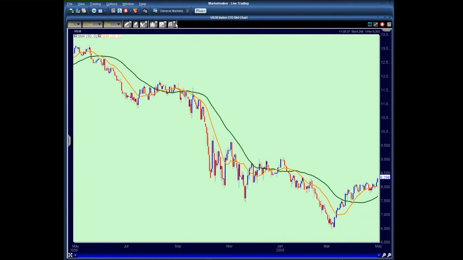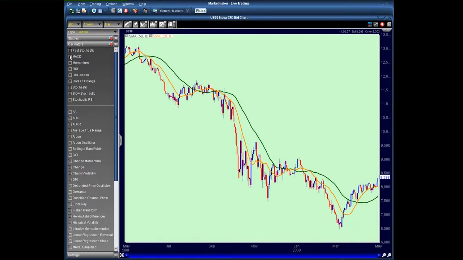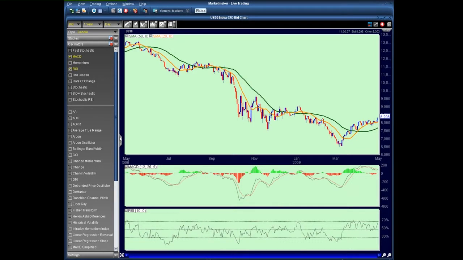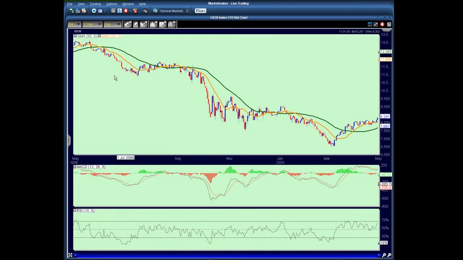Okay, but the one that's more interesting is, let's say I always bring up my MACD and RSI indicators when I'm bringing up a chart. Go to MACD, bring up RSI. I'll leave the indicators on there as well. Now what I want to do is save this as a template. So I simply go to Save Template,